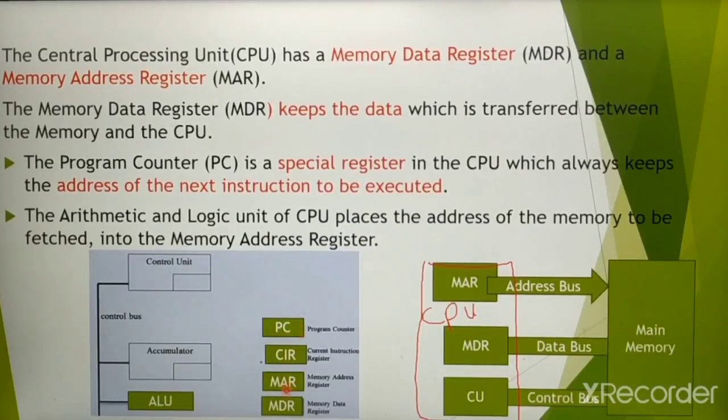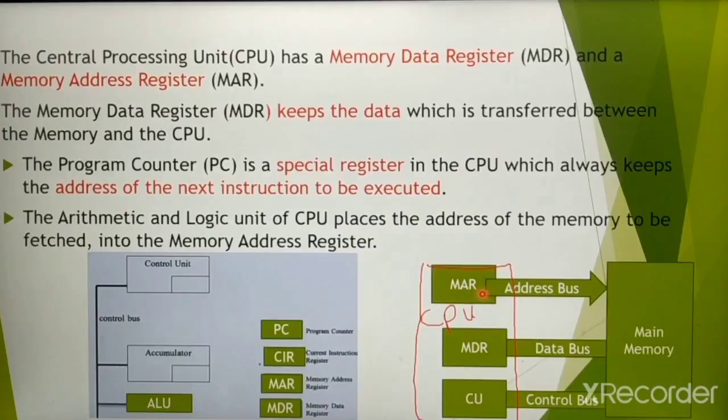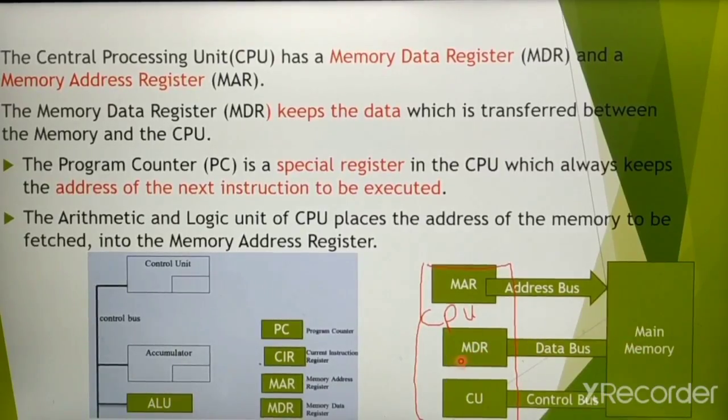What is the use of these parts? Suppose if the processor wants any data from the main memory, the processor simply puts the address into the memory address register. Here this memory address register communicates through address bus. Address bus carries the address. So if the address is fetched with data from the main memory, the data will be put into the data bus. Data bus transfers the data from main memory to memory data register. So the memory data register contains the data which is transferred from main memory to processor.